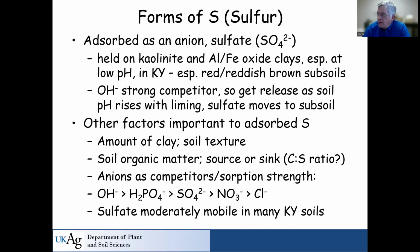It is adsorbed, as I said, as an anion. It's held on kaolinite and aluminum and iron oxide clays, especially at low pH in Kentucky, and especially in the red to reddish-brown subsoils. Hydroxyl is actually its strongest competitor. So you get release of sulfate as the soil pH rises with liming, assuming there's any sulfate there. That occurs in the surface because lime reactions don't move down very rapidly, but the sulfate then moves into the